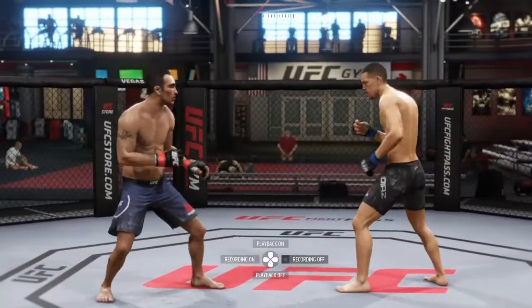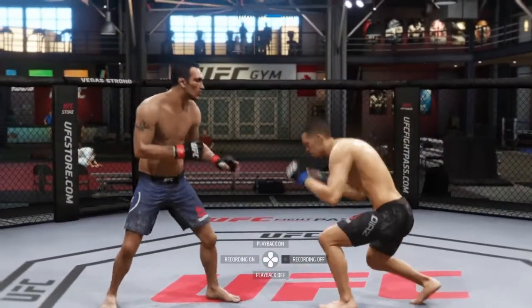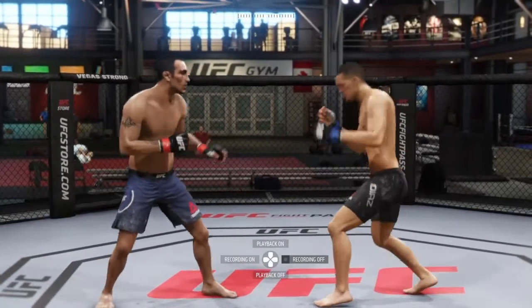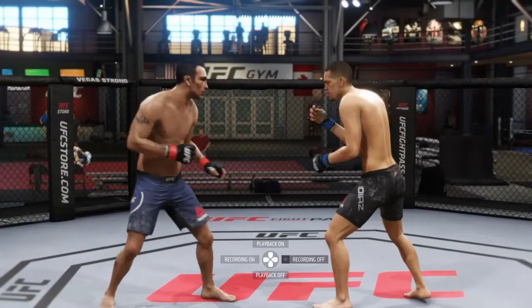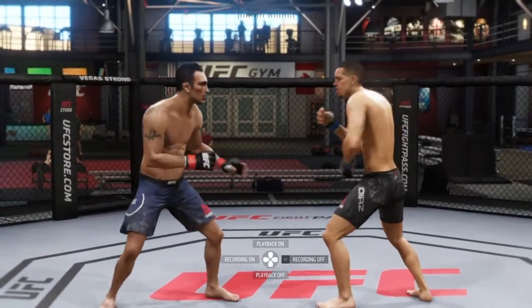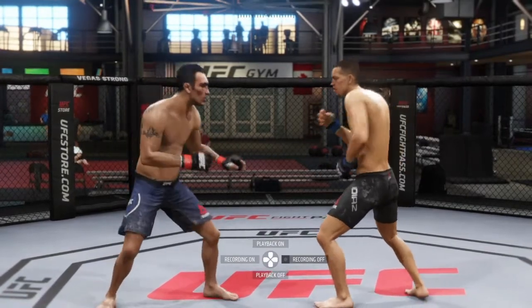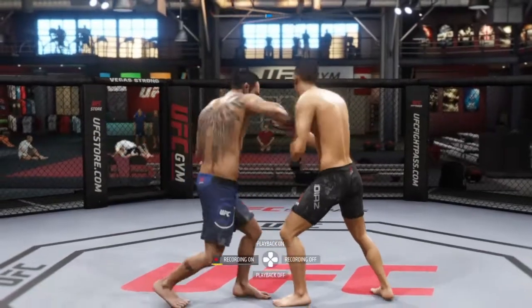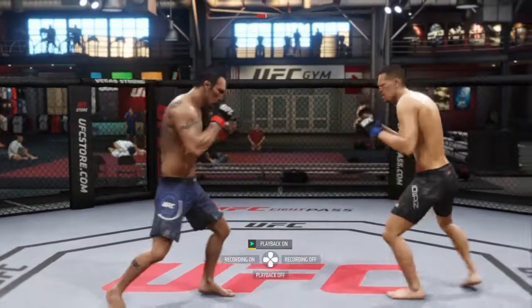So alright. For the hooks, what you want to do is you want to duck forward. And when I do the recording, I'm going to throw both hooks, starting with the lead and then the right. So we're going to go to Tony Ferguson. Recording on is left, and then playback on is up. So hook, hook, hook, hook. Now on, and then